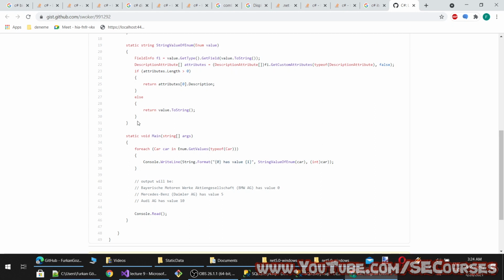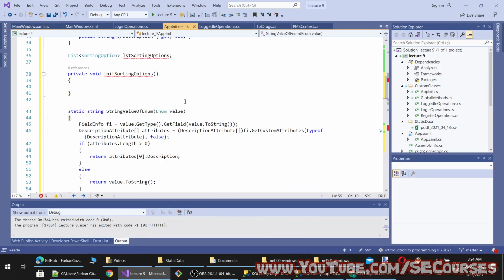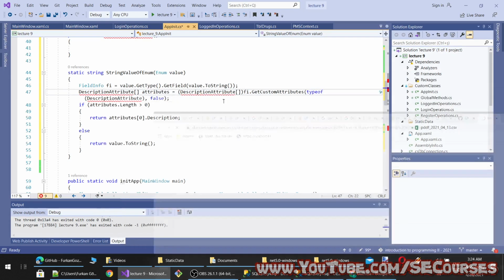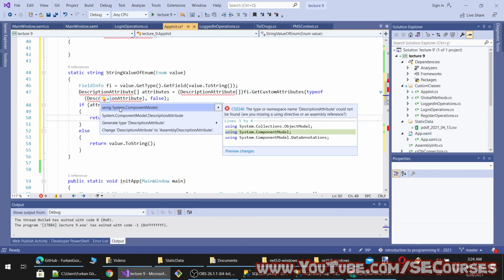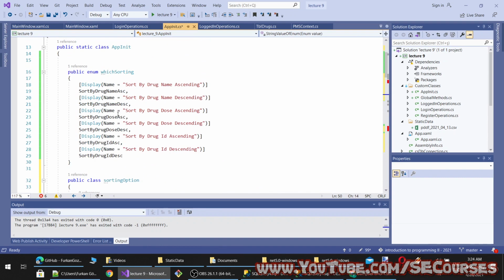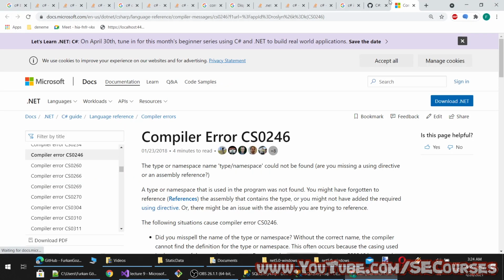Like this, yeah. So we also need this. For this we need reflection and ComponentModel. Yeah. So here we will use description instead of name. It is still not that easy, but easier to understand.